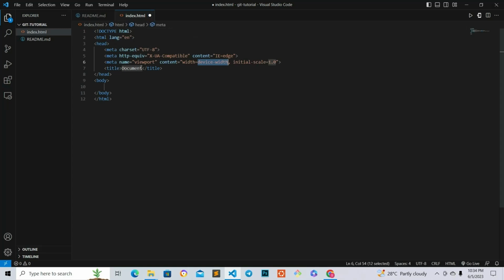And here let's call this title GitHub tutorial. All right, and save. So we have these two files now inside our Git tutorial folder. Now we want to see how we can push this to our remote server, which is our GitHub account, to save it there for us